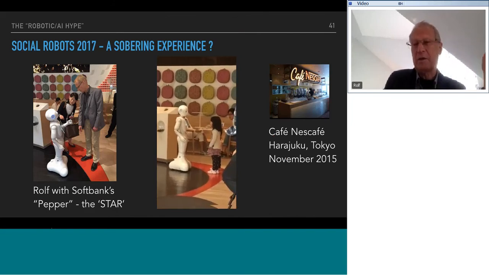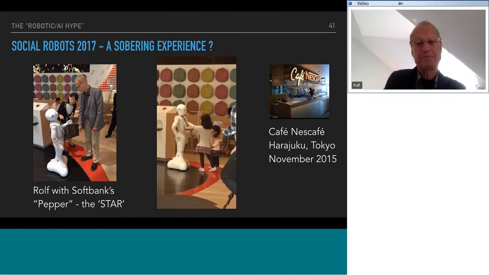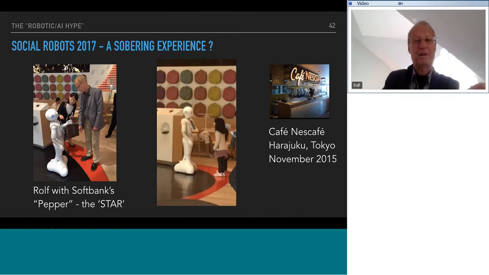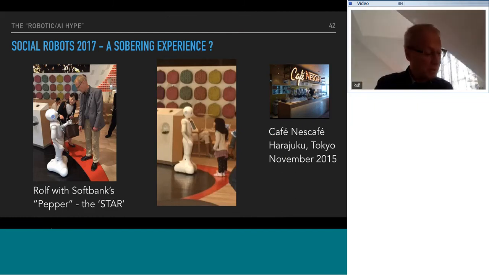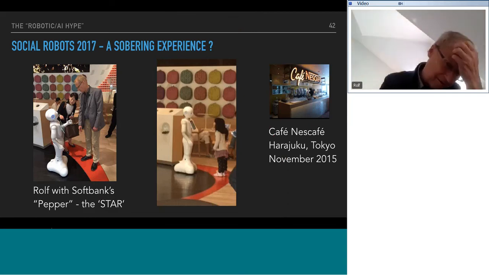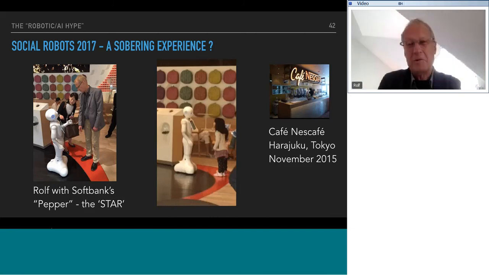I could ask who has been interacting with the Pepper robot. And people say, I think it's a really sobering experience, because if you have been interacting with this robot for 5 minutes or 10 minutes, then you get the impression you've seen it. And the Pepper robot, it's really cute. It's also, from a technological point of view, a very good robot, but it has no sensory motor functionality, except it can wave a little bit. It can tell you about the latest features of Nespresso machines, but it cannot make coffee for you.